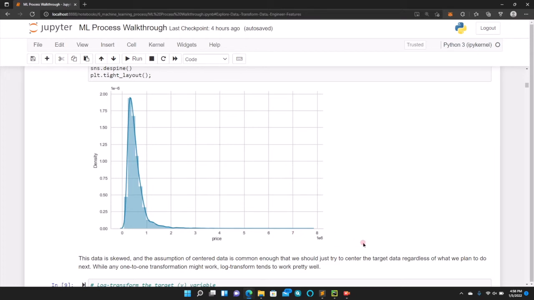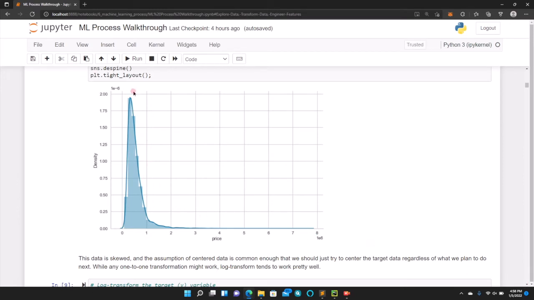Now, K-Nearest Neighbors is what we call a non-parametric model, meaning that it doesn't really care if your data is symmetrical or not, or if it's normally distributed or not. But so many different models do care about that stuff that it's probably better to just transform everything to try to make it normally distributed anyway. So looking at this,